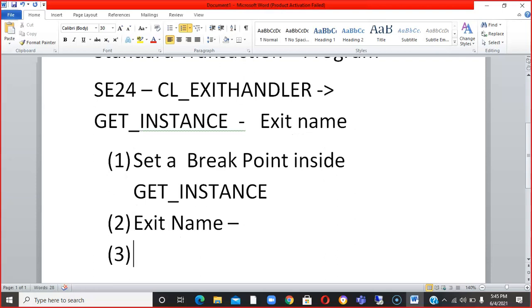Once we get that name, we will check each and every name, and we will finalize which exit would be useful for us to do some functionality.